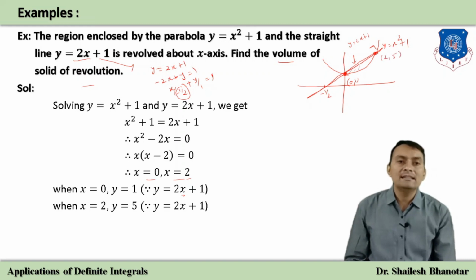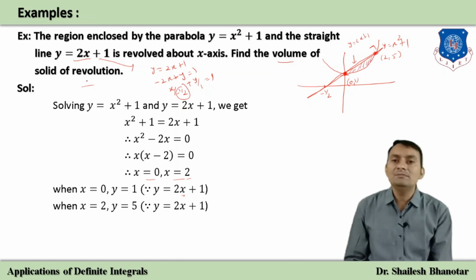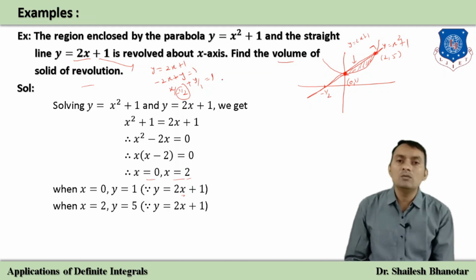So I have obtained that this is the area bounded by these two curves. Now I'm just going to revolve it about the x-axis. When I revolve about the x-axis, this line will be like this, and this curve will be like this one. So you can understand it like that. And when we revolve about the x-axis, it will be a solid like that, and that I'm just going to consider. So what is the volume that we intend to find out?